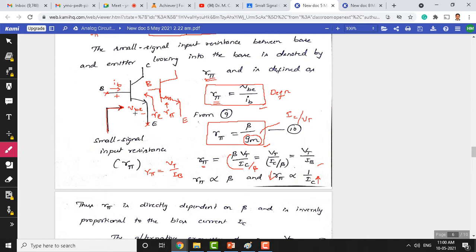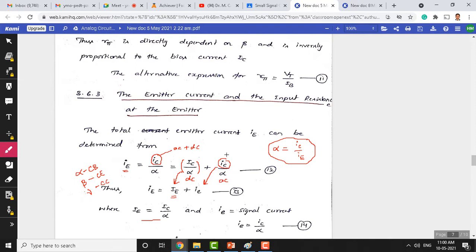When we design an amplifier circuit, this resistance plays an important role. That's why we measure it and find the expressions for it, and later on we can see the challenges that this resistance poses when we want faithful amplification.